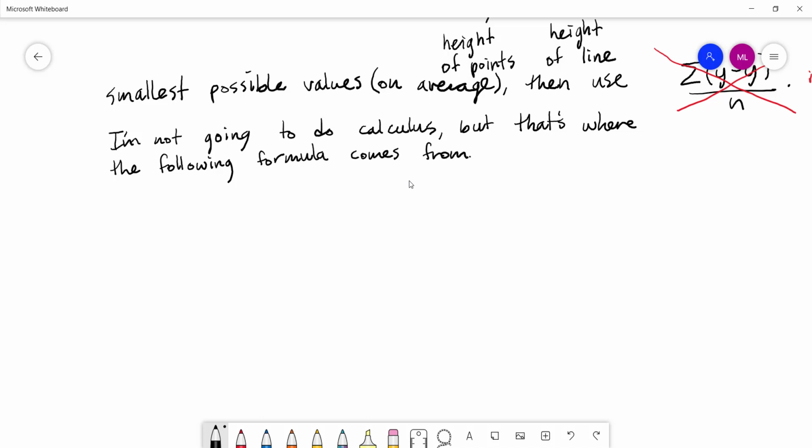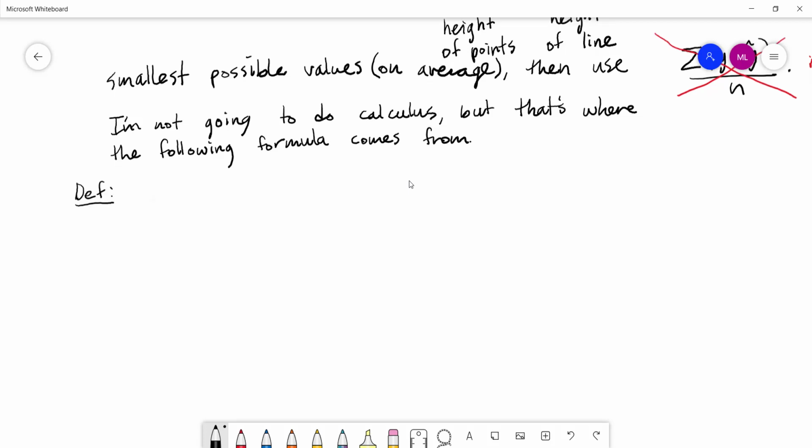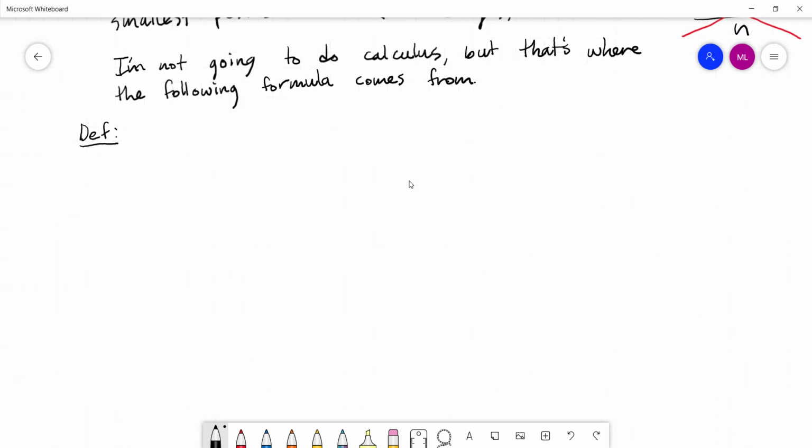Okay, so let's look at that formula. I'll do it as a definition here. This is going to be similar to the one that we'd use for the correlation coefficient, a lot of the same stuff. If we're given a bunch of ordered pairs,